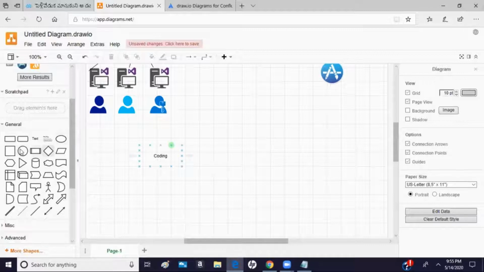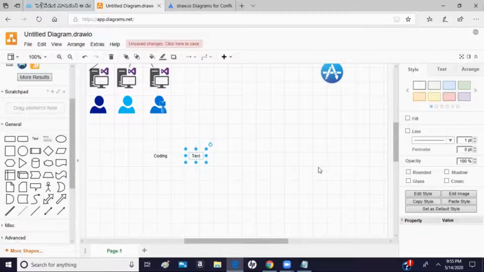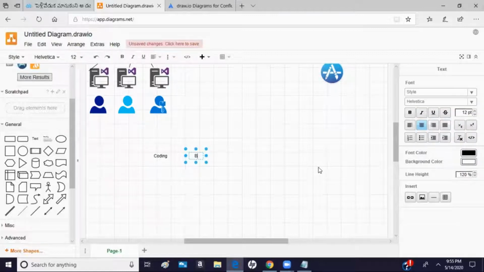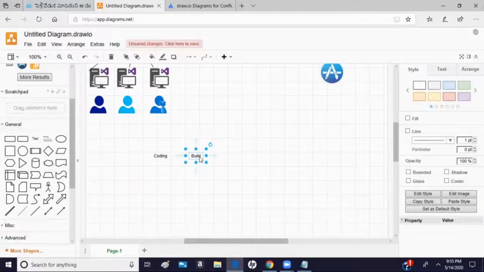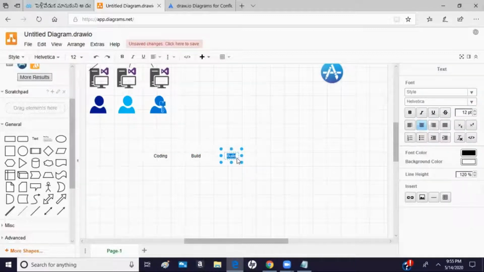From coding, they will go to the build. After the build, they will go to unit testing. I'm just giving a suggestion; you probably have to come up with the rest. After the unit test is done, they will go to stage deployment.